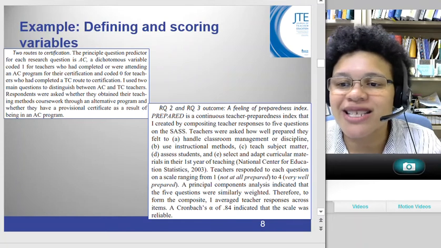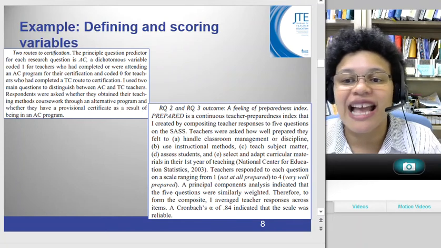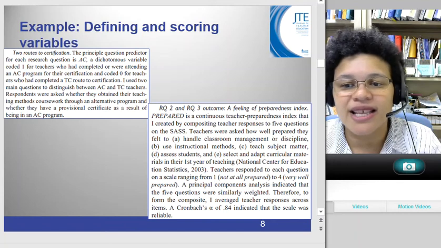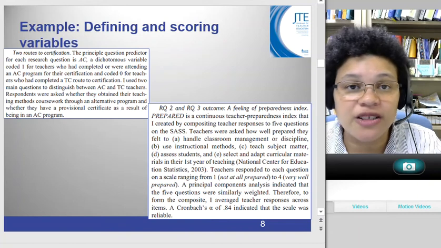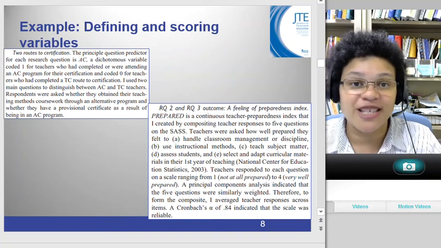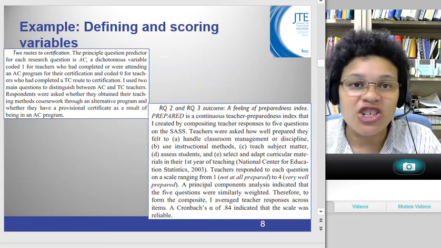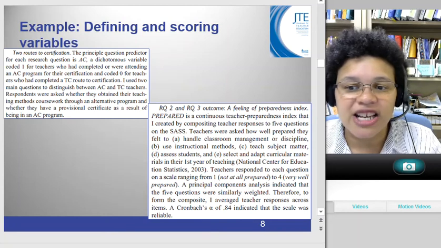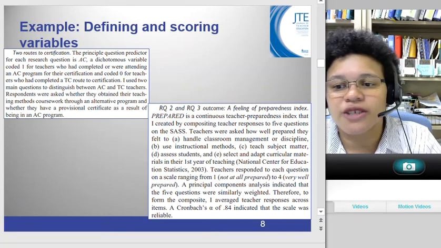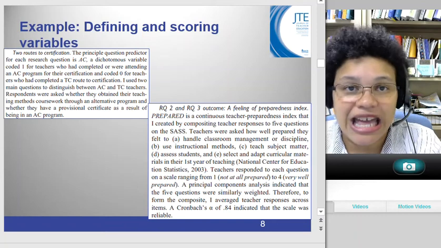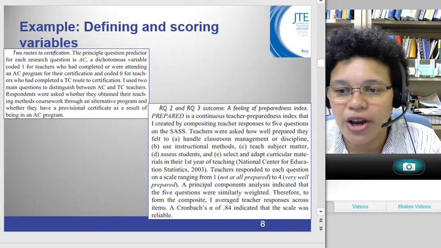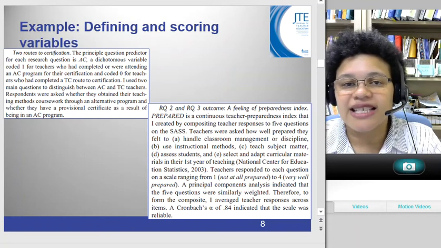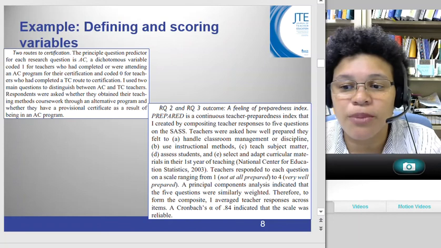Prepared is a continuous teacher preparedness index that I created by compositing teacher responses to 5 questions on the Schools and Staffing Survey. Teachers were asked how well prepared they felt to handle classroom management or discipline, use instructional methods, teach their subject matter, assess students, and select and adapt curricular materials in their first year of teaching. They responded on a scale ranging from 1, not at all prepared, to 4, very well prepared. And then I say that I did a procedure called a principal components analysis,